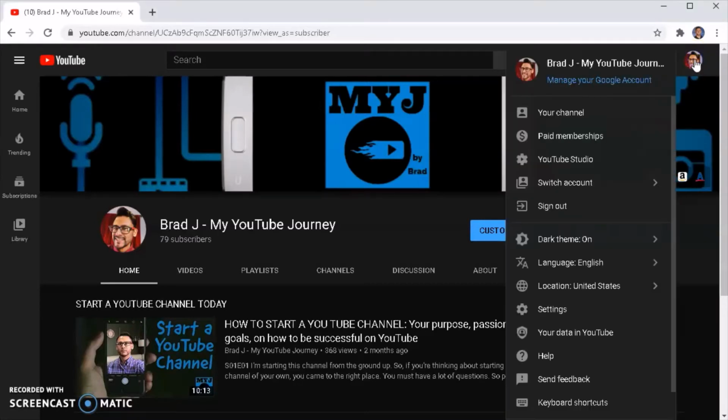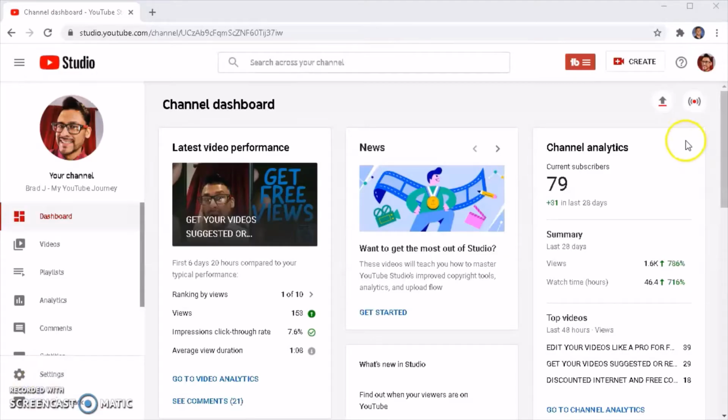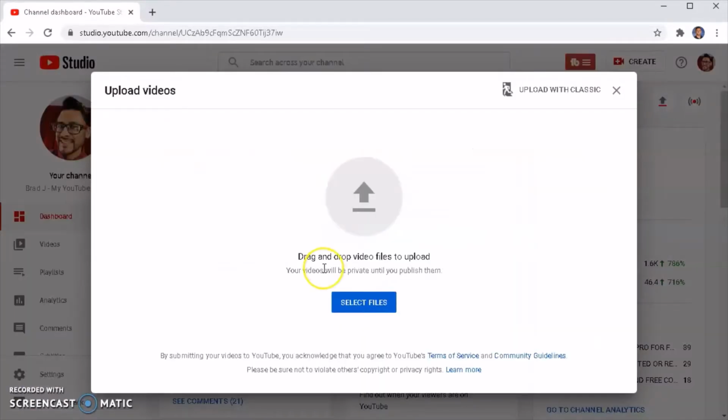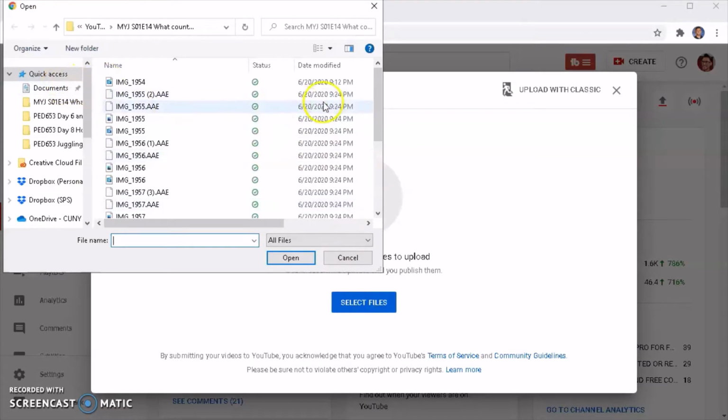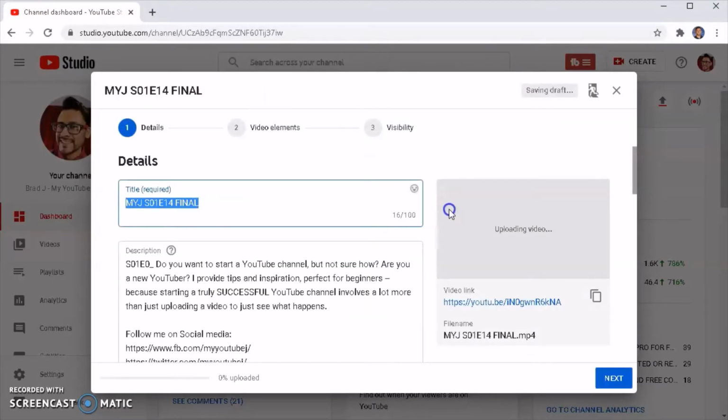Click on your profile photo. Next, you would click on the upload button here, and you could either drag and drop or you can choose the file from your browser. What's nice about uploading videos to YouTube is you can add in your details, your elements, and visibility while the upload is